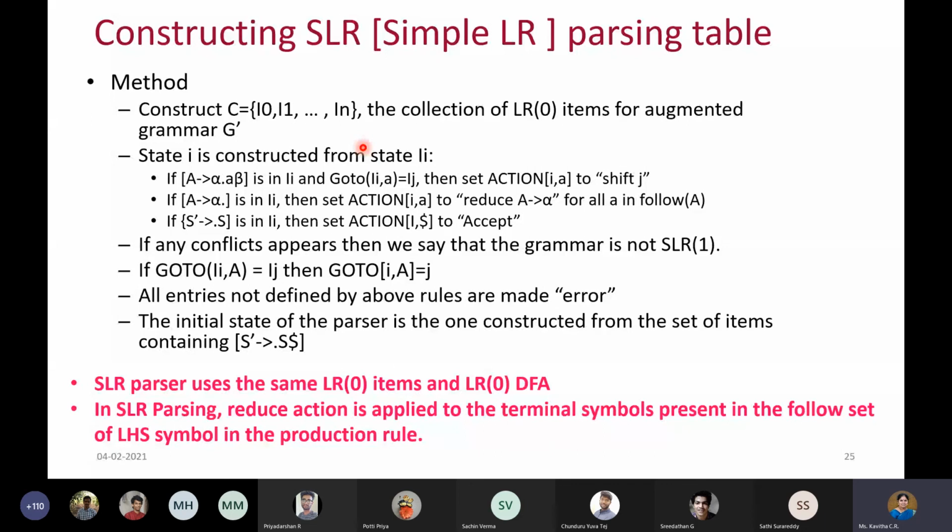Parsing, tracing is also similar. We use the same kind of stack here also. Input buffer, everything is the same. The only difference is how you perform the reduce action. So I am going to take this in the next class, okay? Because anyway it's time, so I'll stop here. We will continue with the SLR parser.